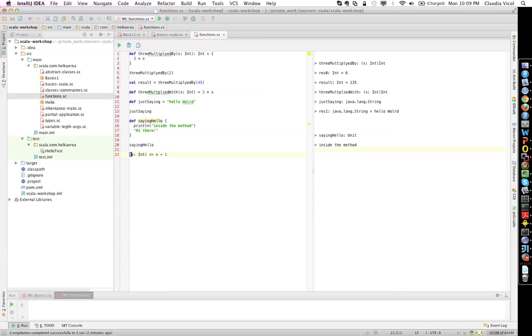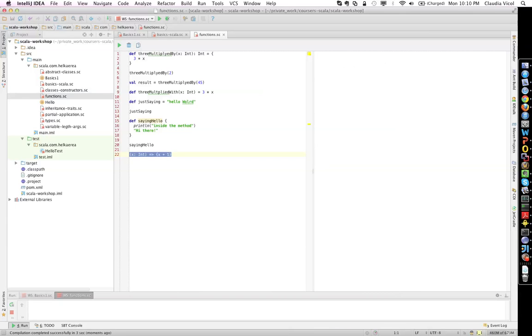So this is like an anonymous function. Why? Because you don't give it a name, the compiler will automatically give it a name. And you can say here, okay, this is the body of my function. You can also have a bigger body, and you can do it like that. You might wonder, okay, so what is the advantage of having this anonymous function? Why is it here? First of all, an anonymous function, if I'm going to run this, you will see that